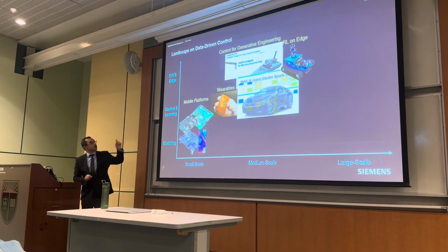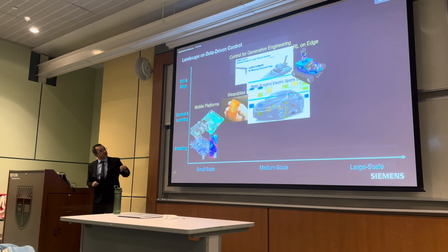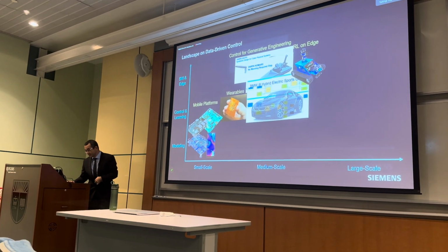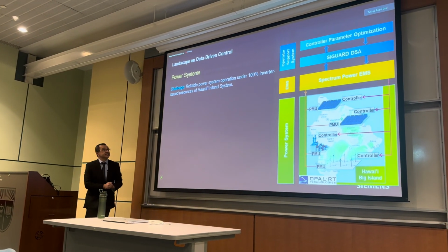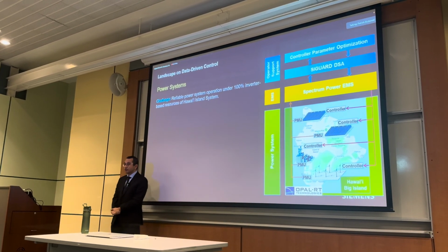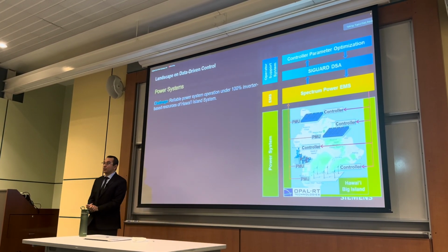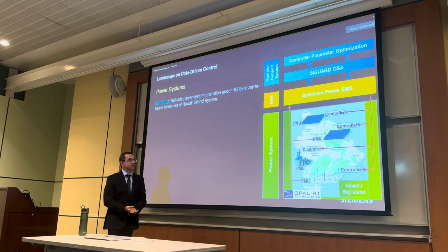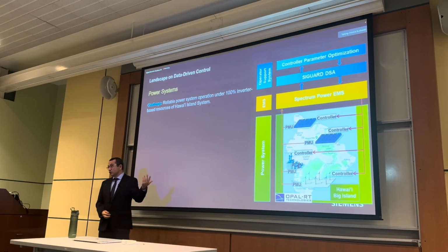So that's a little bit on the software and edge, and then a little bit of control and the reinforcement learning piece. I mentioned the power system branch in our group. That's a pretty big group actually, like 6-7 people. From time to time I collaborate with them